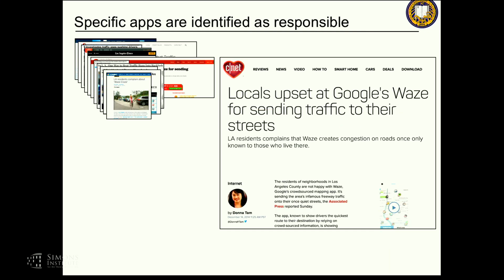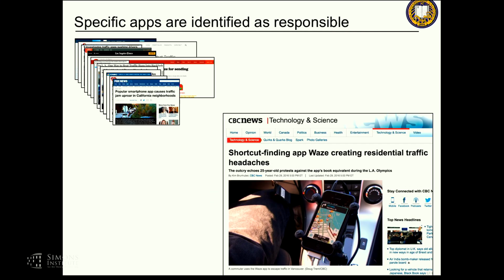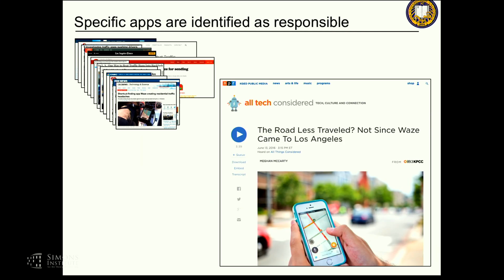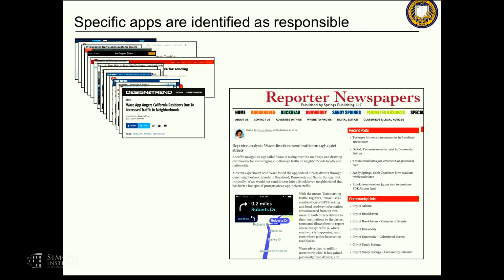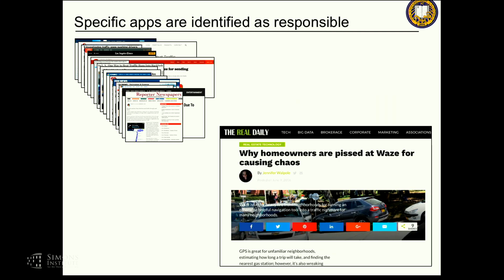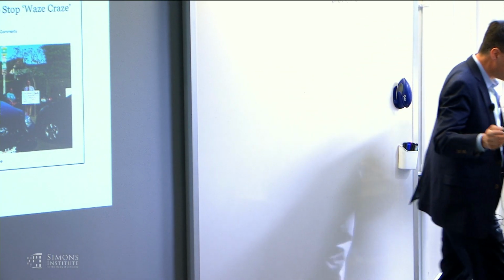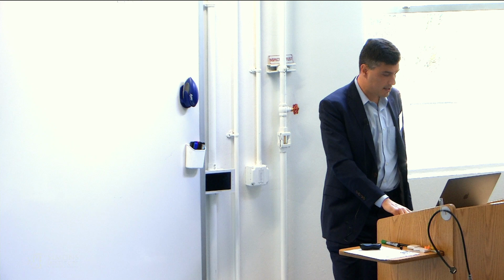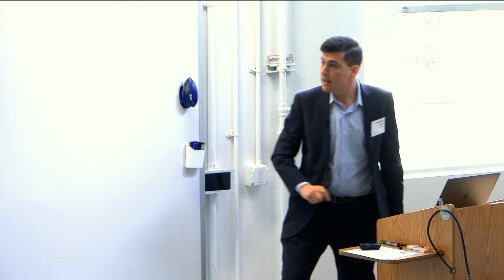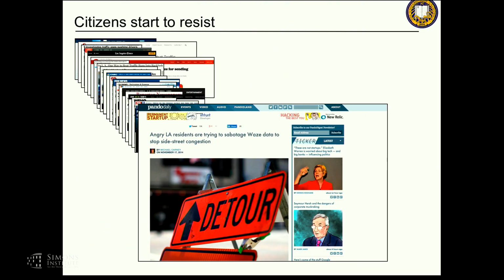Getting to an interesting point here is that at some point, people started to get really fed up of this, which led to interesting outcomes, such as trying to resist. So first, it was kind of funny. About 18 months ago, you started seeing people in the news waving signs saying, "Shame on you for going through my neighborhood." Okay, that's a bit anecdotal until people started to get more organized and posting fake detour signs to confuse people,